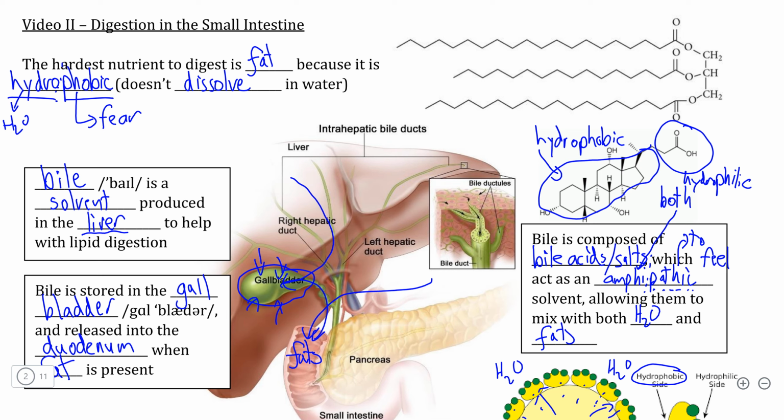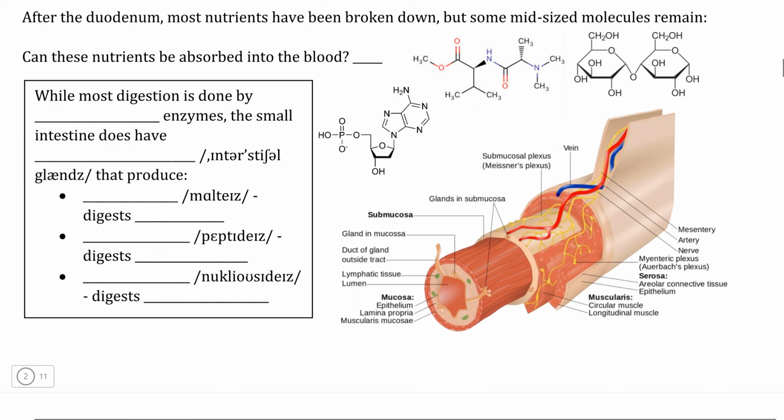Now that we've finished looking at the role of the liver, the gallbladder, and bile in assisting with the digestion of fat, it's time to look at the ultimate conclusion of digestion and of nutrient absorption. So remember that although the small intestine doesn't produce most of its own enzymes, it's actually the pancreas that produces the major enzymes that are responsible for the large-scale breakdown of pretty much every undigested nutrient that makes it into